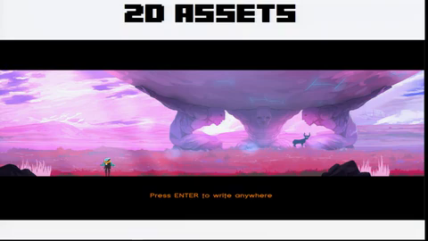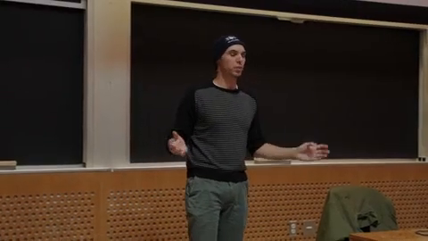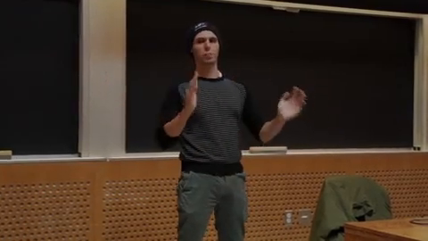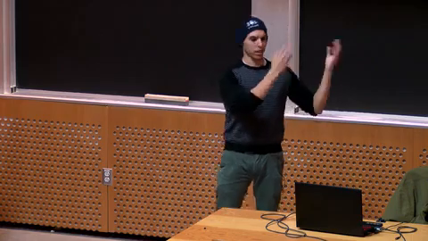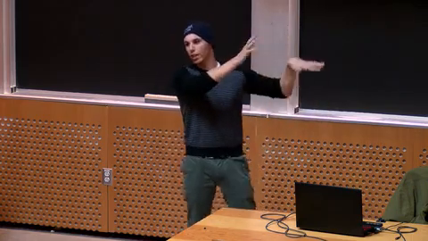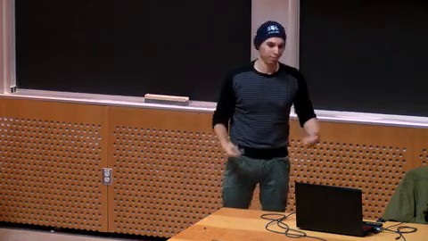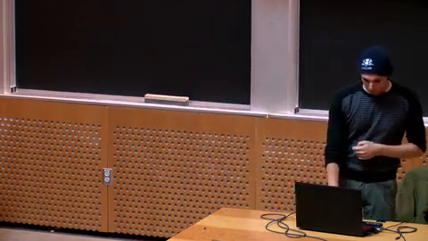This is an early screenshot from Elegy for a Dead World. With this, I made the concept art, cut it up, and stuck it in the game. That's a really basic way of making 2D art. I went with this painterly style for the concept art. I made a painting and said, this is the style that we're aiming for. So I cut it up and put it in game, and now you can move around and things happen, and you can explore this piece of art. And 2D assets are part of